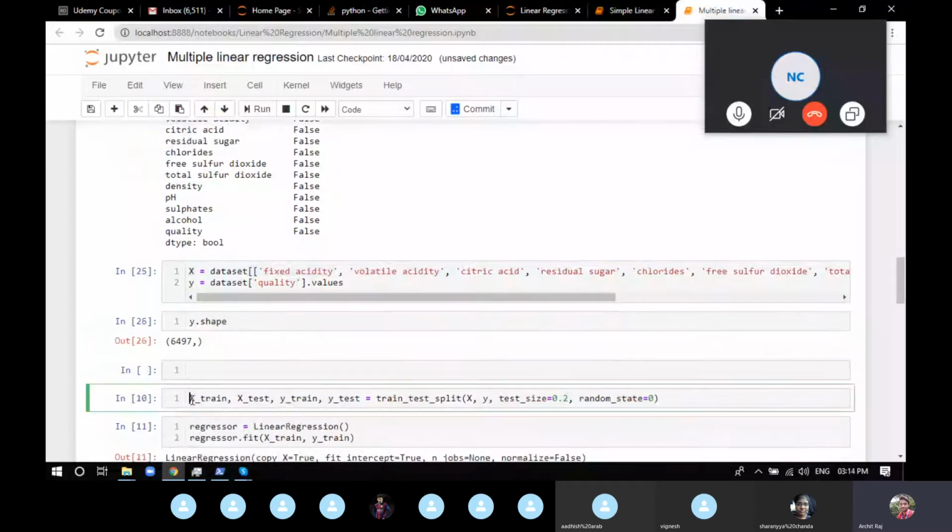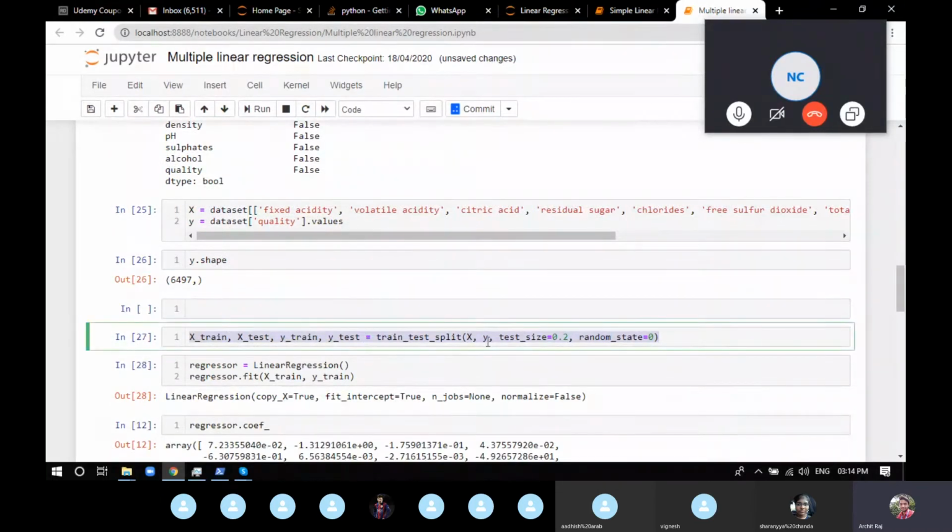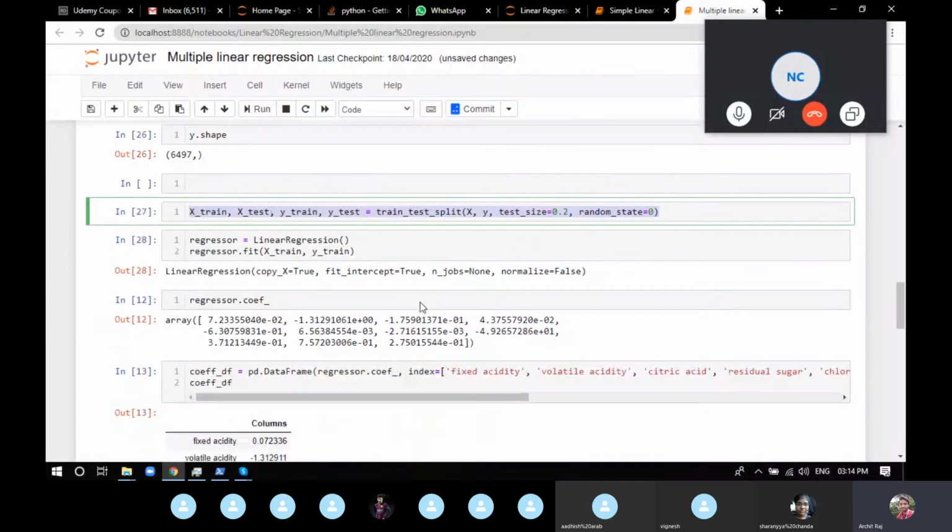Now the same line that we executed, xtrain and xtest. So I guess you remember all the things that I've told you about the train test split: you provide the value of X, the value of Y, and the exact test size that we want. Here at 0.2, it means out of all the data set that you have, training data should be 80% and testing data should be 20%, and random state is 0. You can give any number, you can give none, 0, 1, 2, 3, any number. Okay, so you have xtrain, xtest, ytrain, and ytest. Now again the same thing that we did last time, regression.